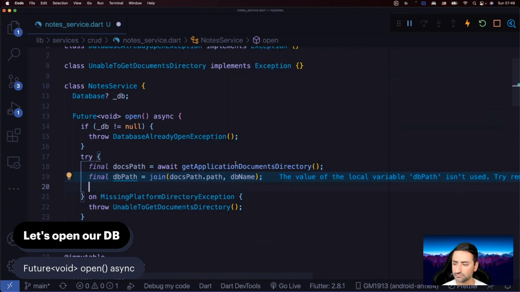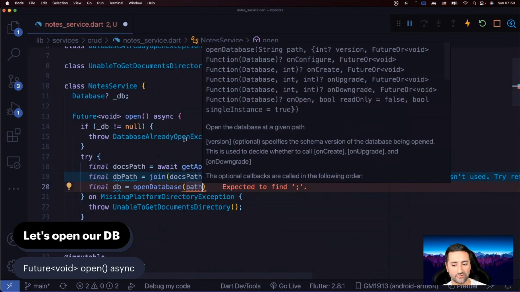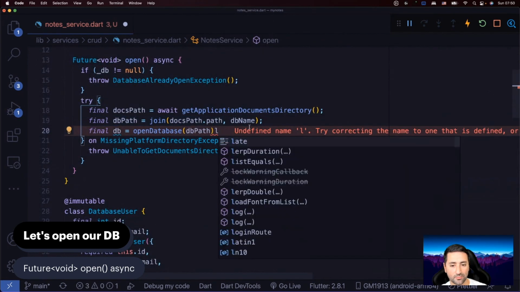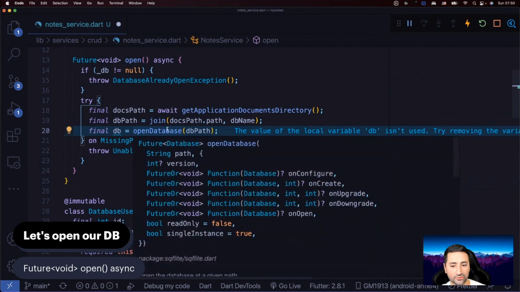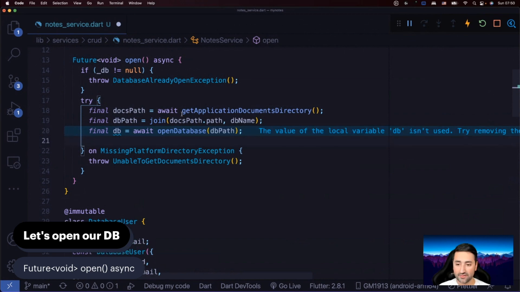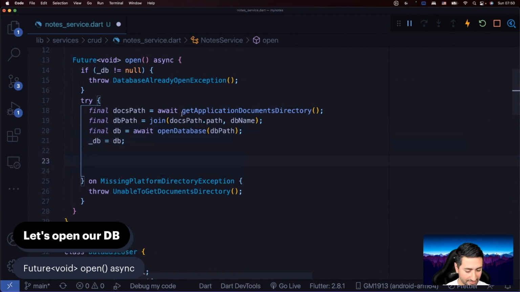All right. And now we want to open the database with a function called open database, which comes from SQFlite. And the path is DB path. Remember, this open database, I believe, is a future of our database, so we await on it. And then we assign that to our local database instance. That's it. So that was basically opening the database. So we've now opened it. But